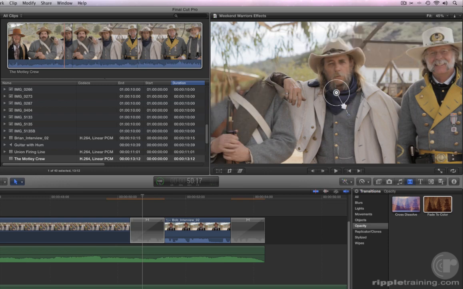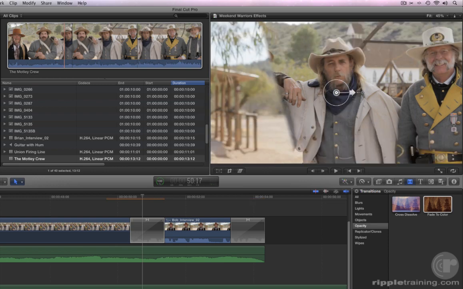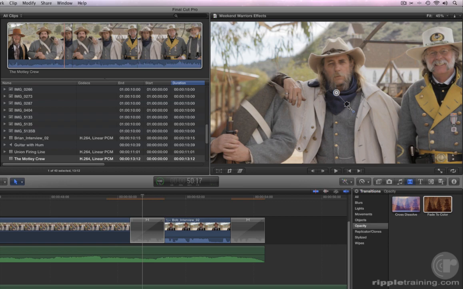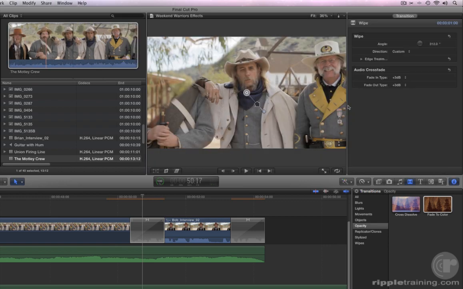These viewer controls are actually a subset of a larger set of controls found in the Transition Inspector. Press Command 4 to reveal the inspector. At the top of the inspector, you'll see the wipe name and its associated property controls. Depending on the transition you've selected, these controls will vary. Starting with the pop-up menu for wipe direction, you can choose from a list of preset directions. You can control the angle of the wipe